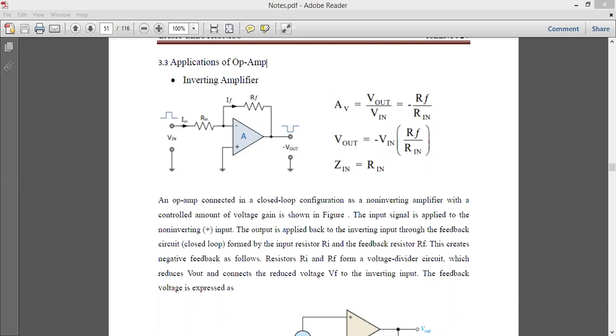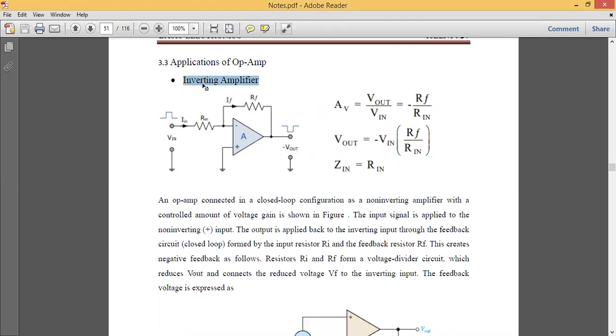Then you can go for conversion of your topic, or conversion of your circuit diagram into its product. Here the product can be in terms of a small IC also. In terms of some very big applications, it can be anything. So now let us see what are the applications of op-amp.